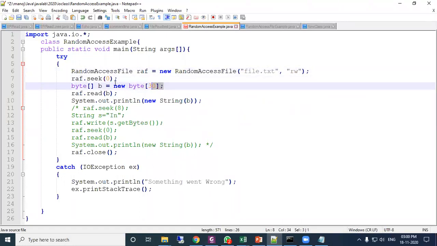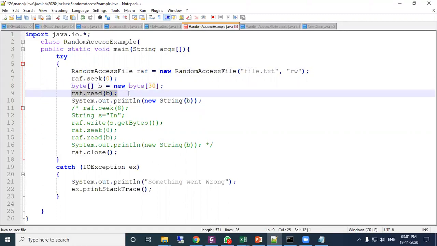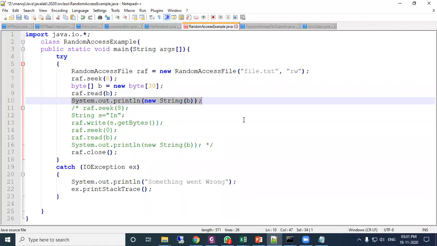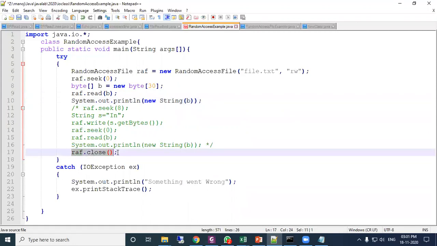This is to create a byte array, and this line is used to read the data from the file and store in the array. And here I have used this one to print the data which is stored in the byte array, and it is converting to string. Then after that I am closing.